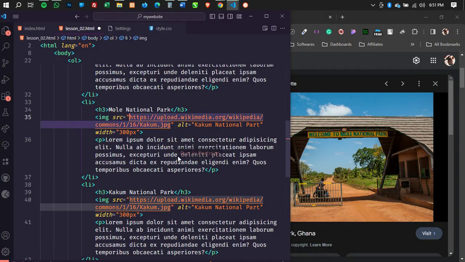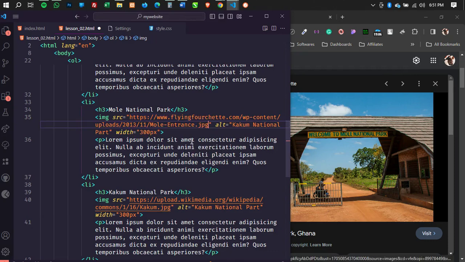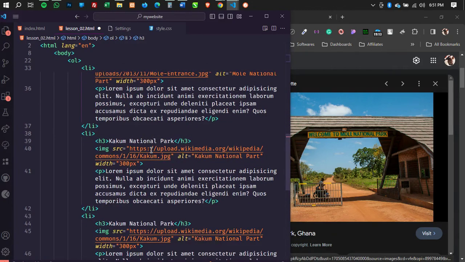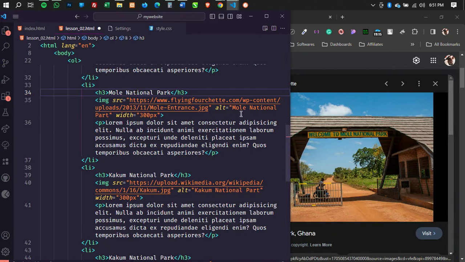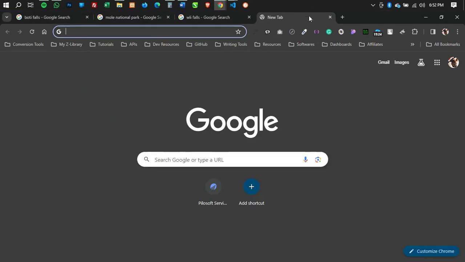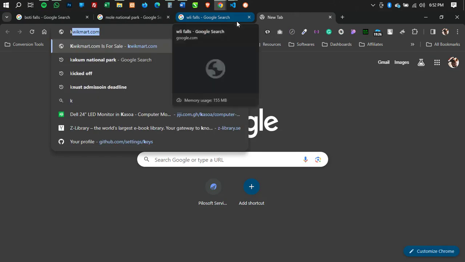Copy image address and paste. Great. So I have Mole National Park. And I believe you know why I'm changing the alt attribute, because the alt attribute is supposed to describe the image that is being displayed. And so we have Kwame Nkrumah.